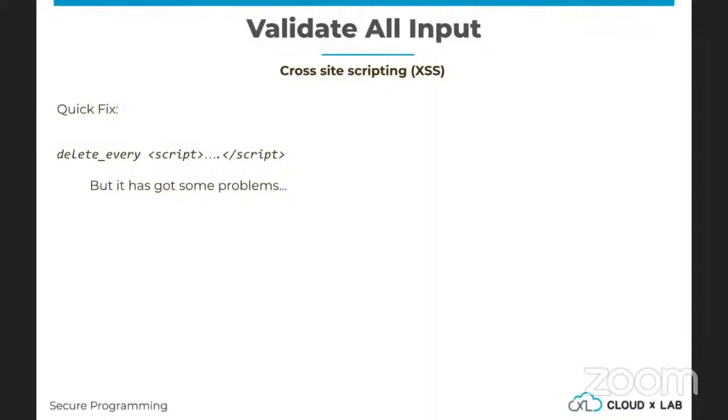So basically, we were talking about validation of all inputs, right? And one of the things that is important is understanding the cross-site scripting issues. Cross-site scripting issues occur when the input provided by one user is displayed to another user.